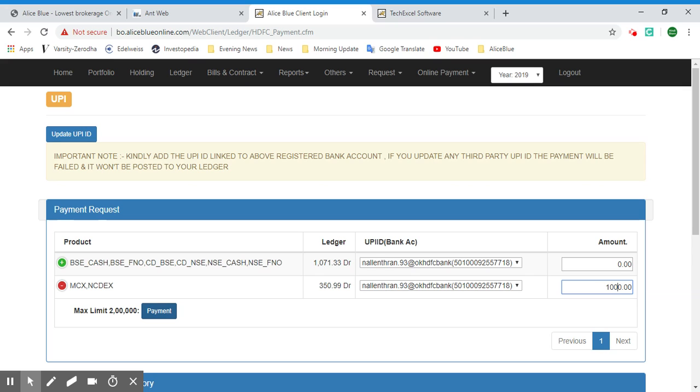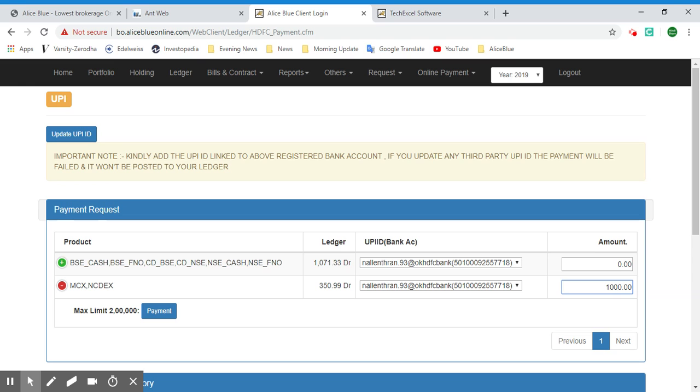So once you select this payment option, it will send a payment request to your UPI payment app. So whichever UPI app you're using, like Google Pay or Paytm or PhonePe or Beam UPI, whichever app you're using, enter in your UPI ID and passcode and give the permission for the transaction, and the money will automatically get added into your account. So please remember to make your transactions through the registered bank account's UPI ID. If you use any other UPI ID for making the transaction, it will be rejected and it won't be posted